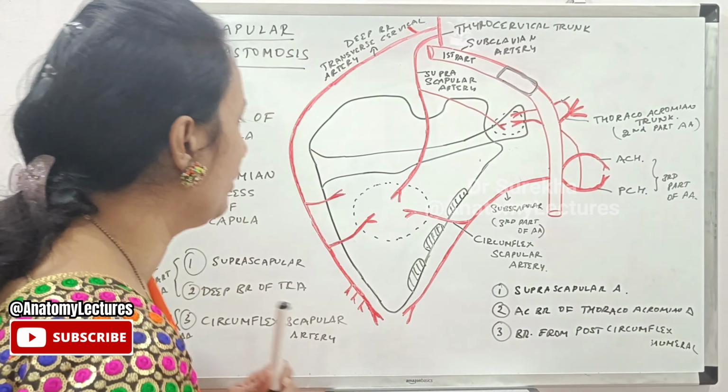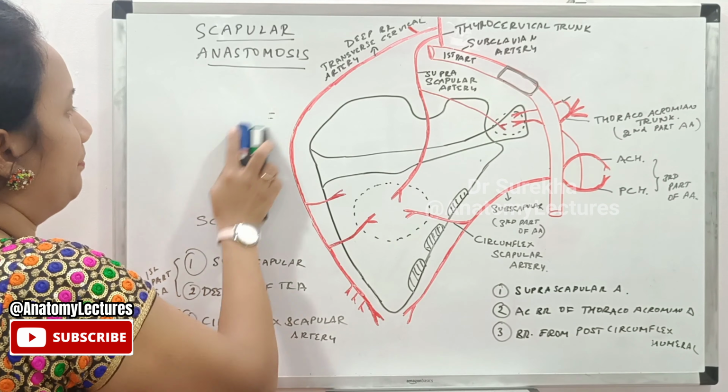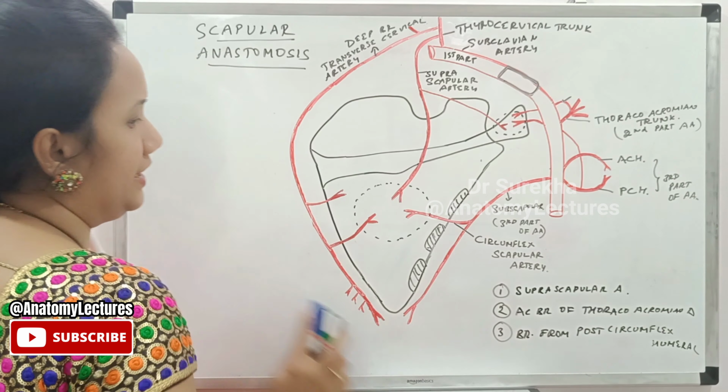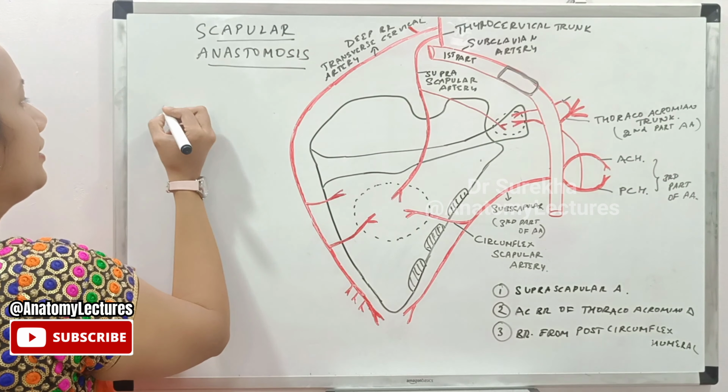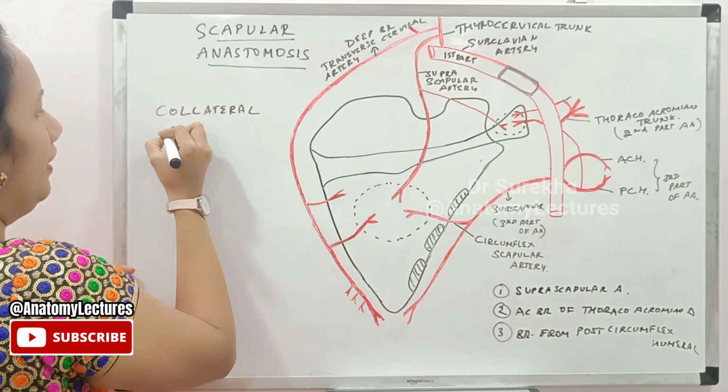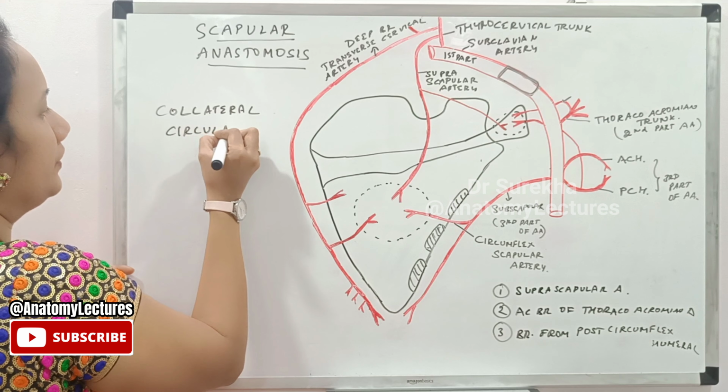So one of the important functions of this scapular anastomosis is to help maintain the collateral circulation to the upper limb,